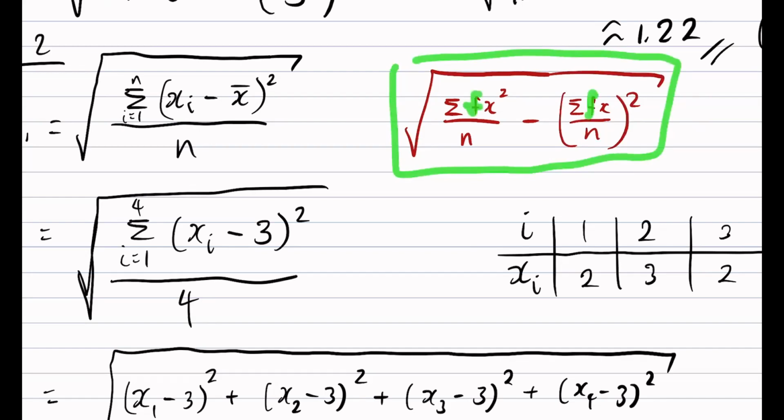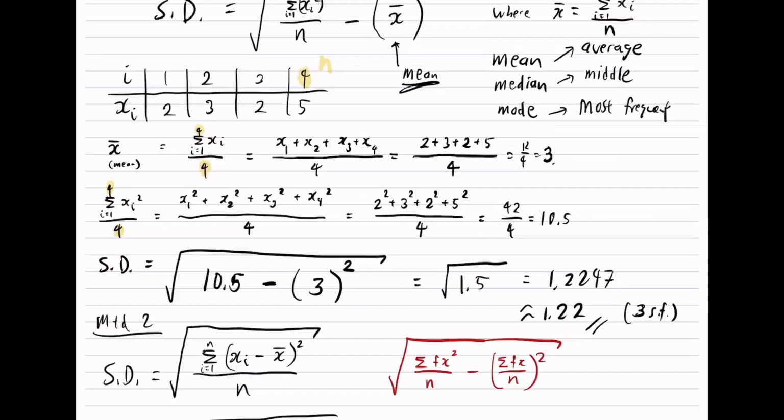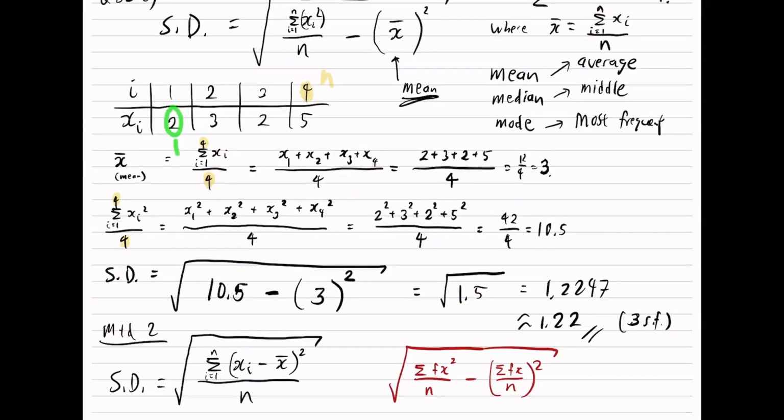It's representing the frequency. So in this example I give you, the frequency is all one. This one is just one time, this one one time, this one one time. They could have presented the data in grouped format. So for example here 2 appears 2 times. So they will